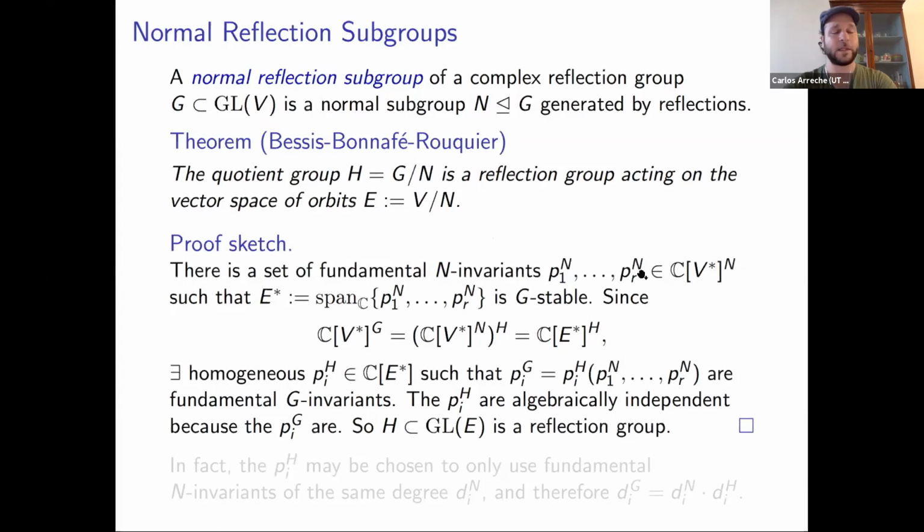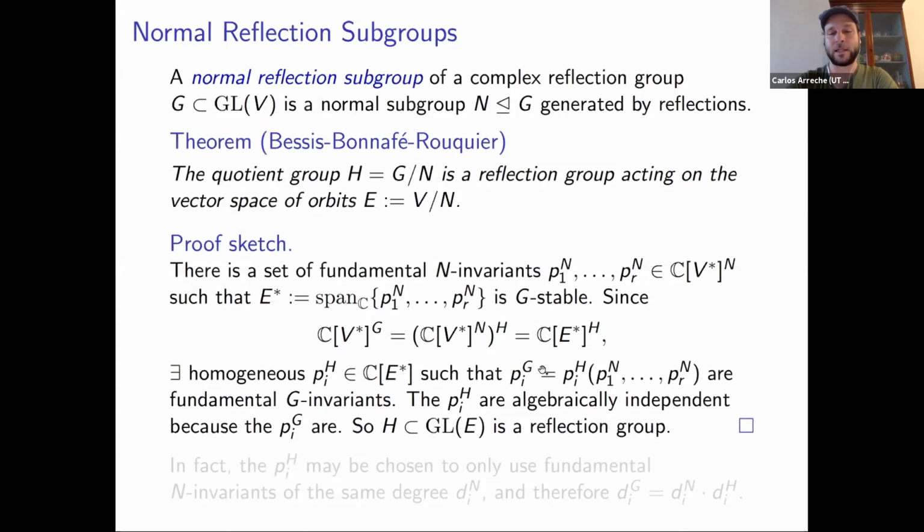So it's possible to choose fundamental N invariants whose C-span is not stabilized by G, but there is a choice of them where G really does act on the span of the N invariants. And the trivial but essential observation is that I can compute the G invariants by first taking N invariants and then taking H invariants of that. And so what happens then is that I can find the fundamental G invariants living as polynomials in the N invariants,